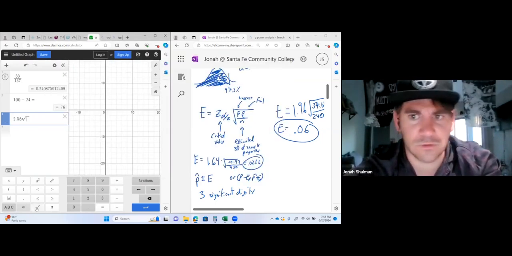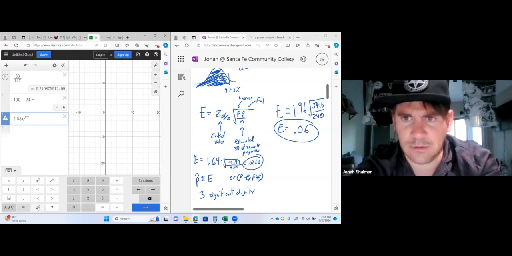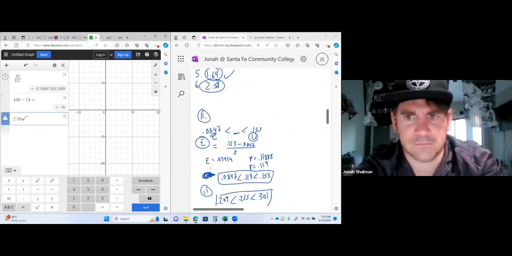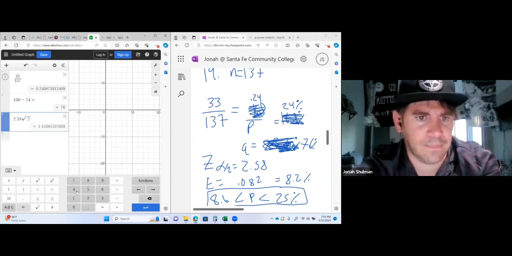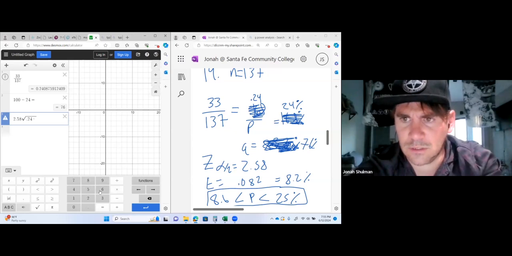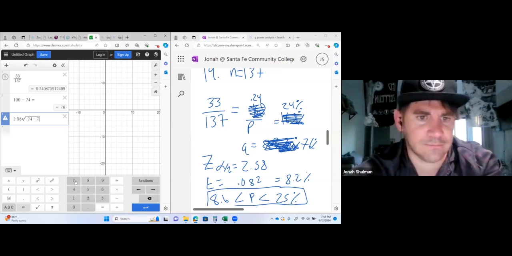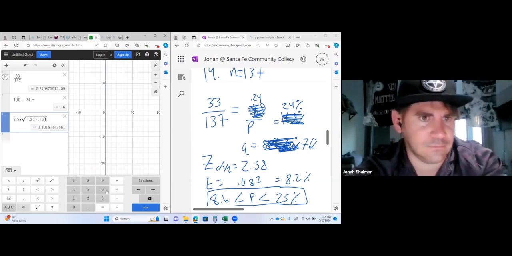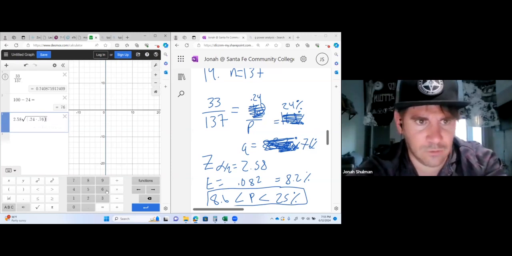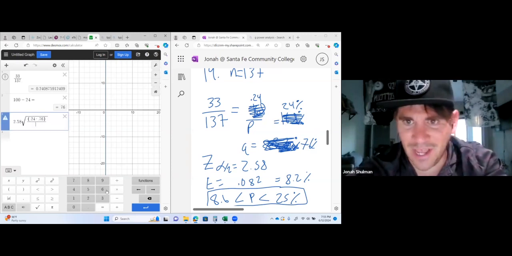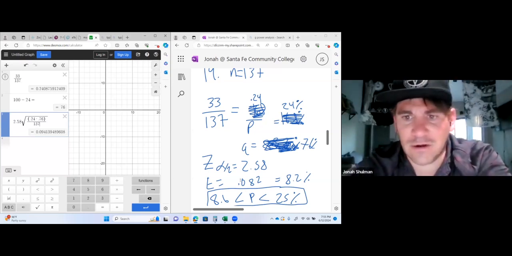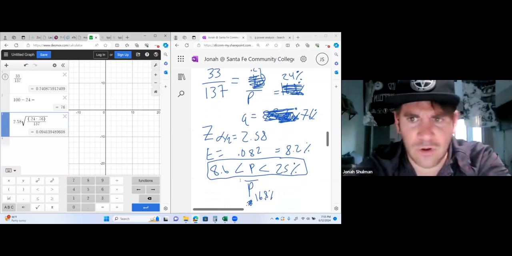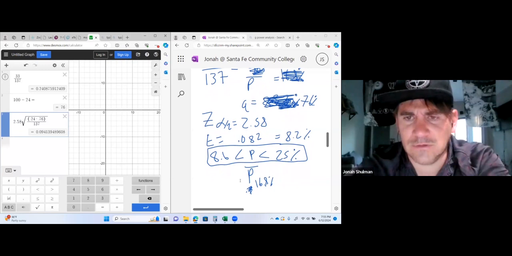Then I'm going to do the square root of P times Q over N. Our P is 0.24 times our Q, which is 0.76. We're going to divide that by our N, which is 137. And our error is not 0.082, but in fact